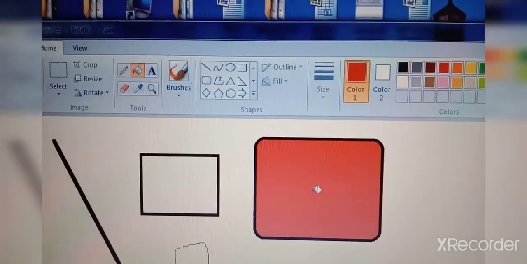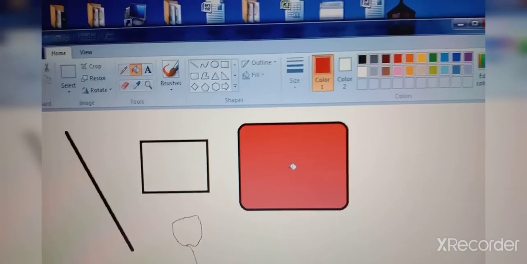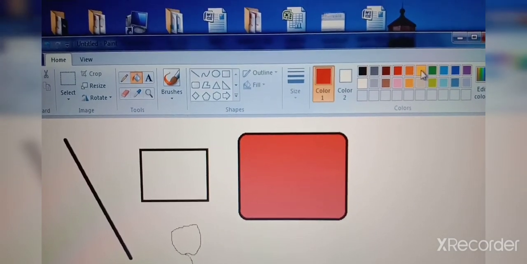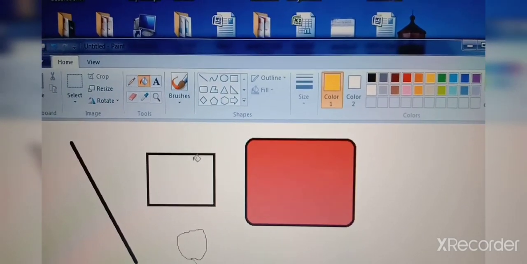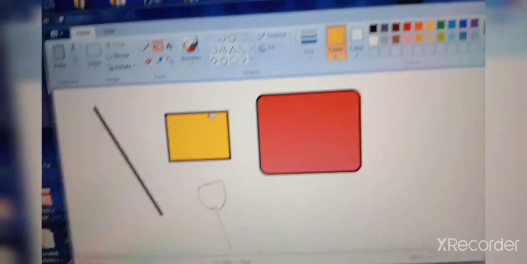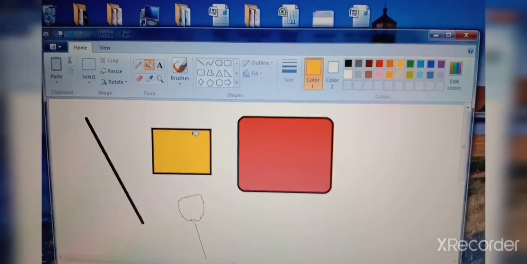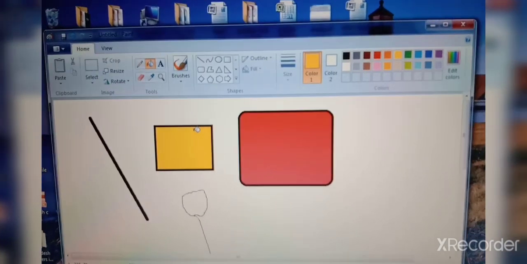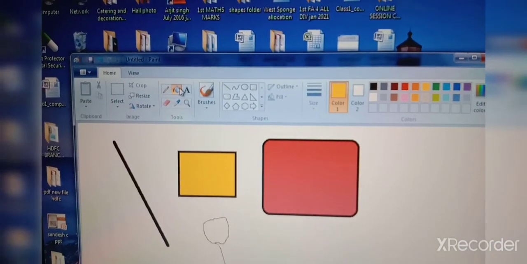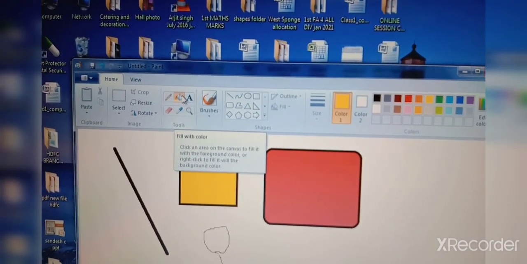Click here. You can see red color in this. Now click on yellow color and click here, fill yellow color here. Understood, children? Fill with color. See, this is fill with color, to fill color in shape.